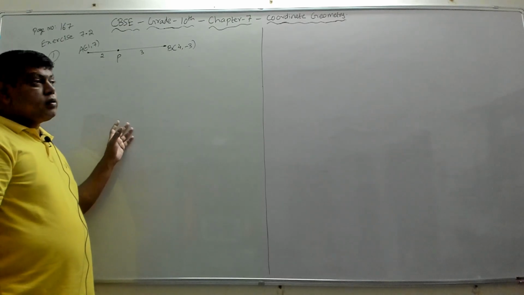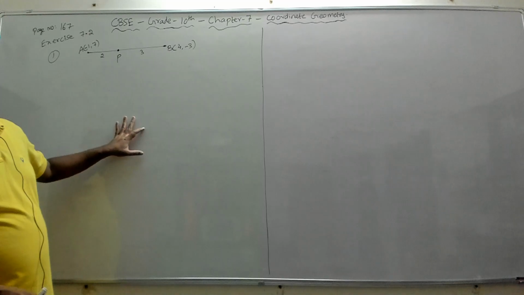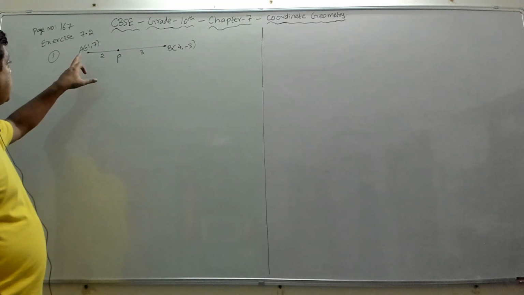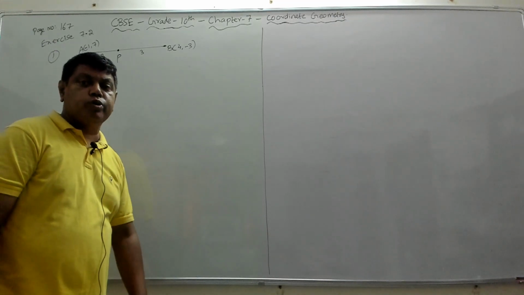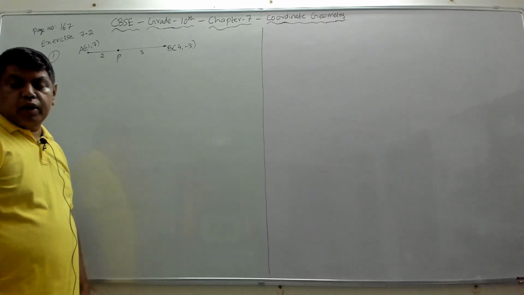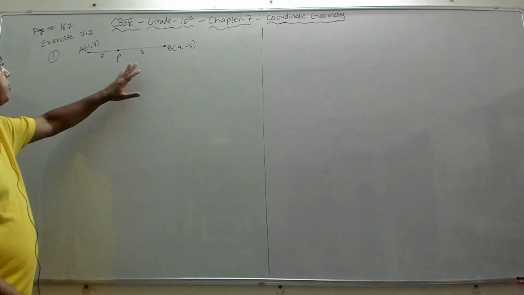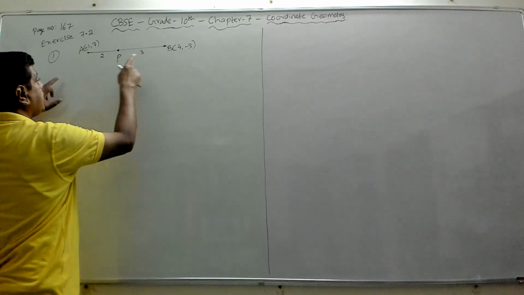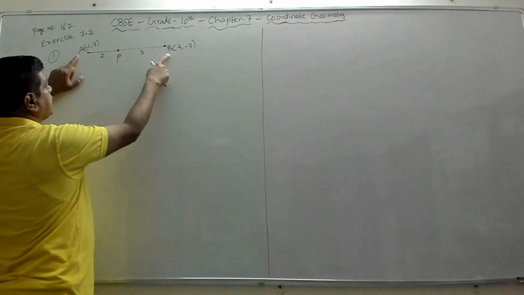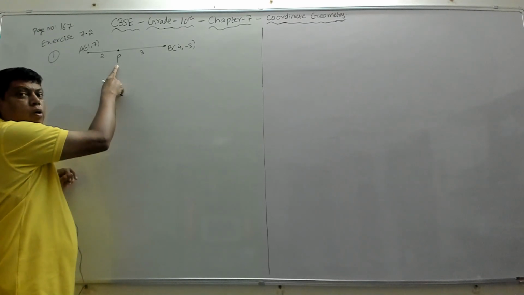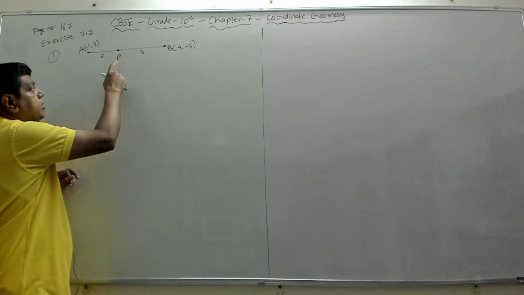What is given is, we have to find the coordinate of the point which divides the join of the points minus 1, 7 and 4, minus 3 in the ratio 2:3, which means it is dividing internally in the ratio 2:3. So we have to find this point. Suppose A and B are the given 2 points and this is the join of AB, the line segment AB, and suppose P is the point which divides AB in the ratio 2:3, then we have to find the coordinate of the point P.